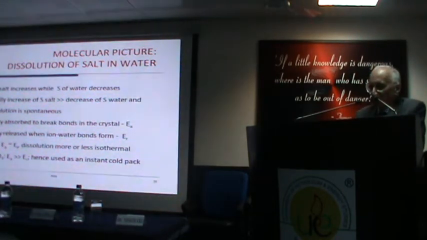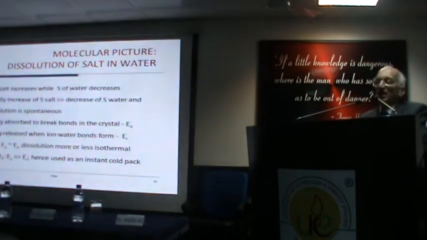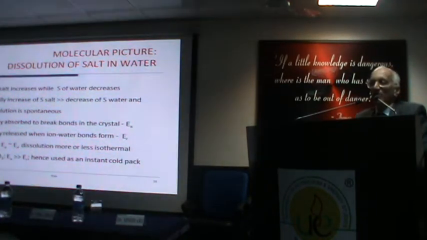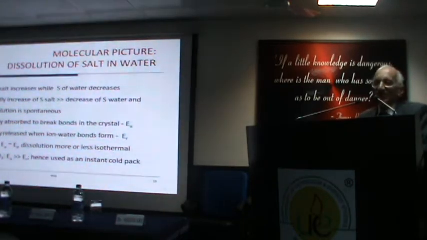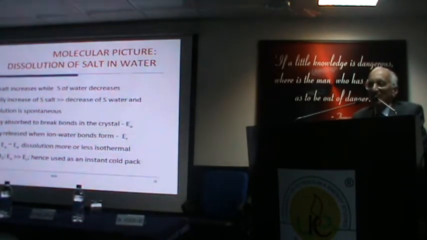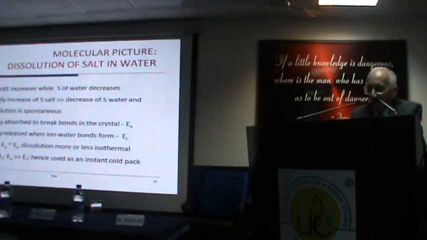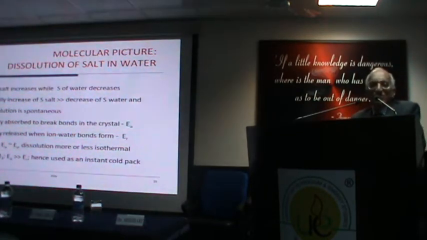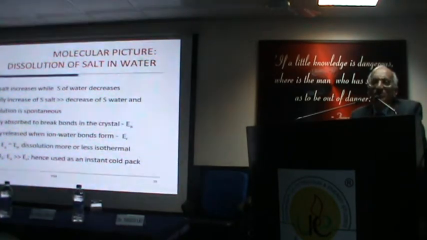But if you look at the molecular picture, it's very revealing. First of all, you can show in the molecular picture that entropy is directly related to the number of microscopic states in which the macroscopic system can exist. And you're talking about a very large number of states. Let me just give you an example. If you take a box which is divided in half, and you have gas on one side and vacuum on the other side, and at t equal to 0 you puncture the membrane, invariably the gas fills both sides. But it doesn't have to, right? Nobody forced it to. It could have stayed on the left, but it never does.